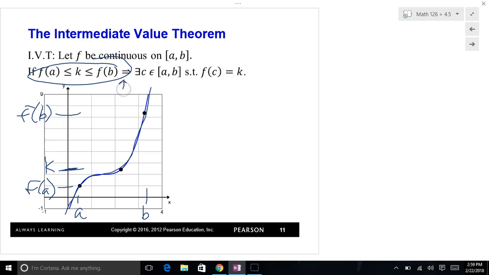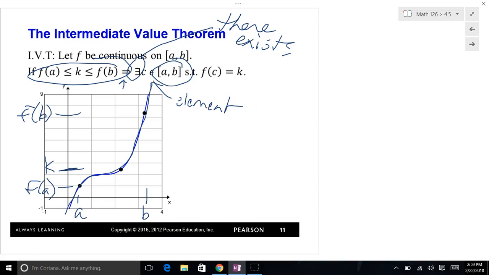Then, so this is your then, there exists a c value, an element of this interval a to b, such that f of c equals k. So let's revisit that again. I'm picking a k that's between f of a and f of b. Then, if this thing is truly continuous, it's going to take on all these y values in between f of a and f of b, including the k. So there's got to be a c in here,